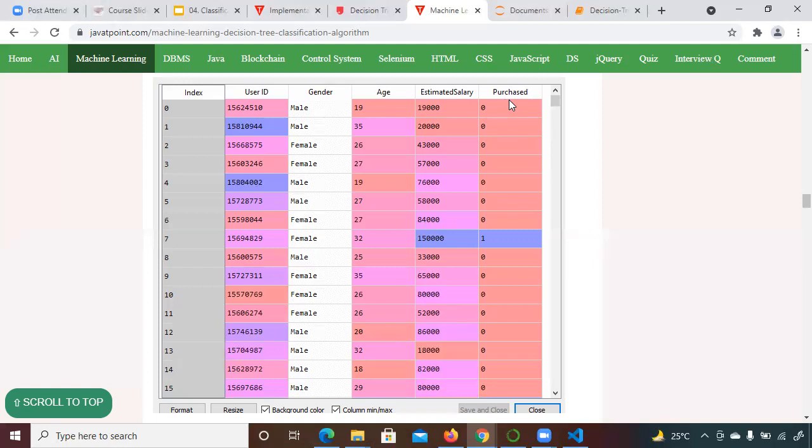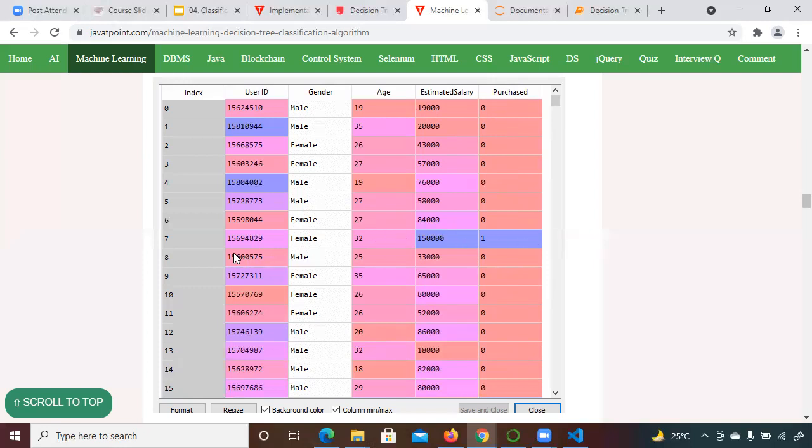I repeat once again: if your target variable is in numeric format, then it is easy for the algorithm and Python code to read and understand the data and do the prediction. If some columns have character values and some have numeric values, the algorithm can sometimes make incorrect predictions. That's why we convert it into numeric format. Now 0 means he will not purchase, 1 means he will purchase. You can see this column here.